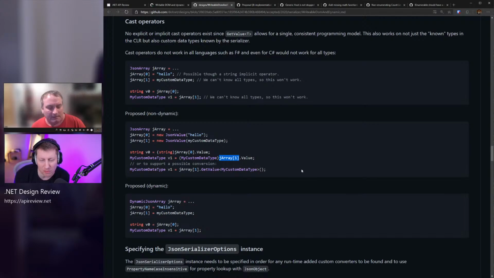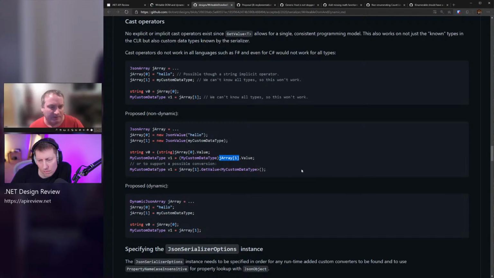Does that make sense? To me, the dynamic is just a glorified way to avoid the string-based indexers and casting, right? Well, it's trying to equalize the playing field for intrinsic types and custom data types in this design. Instead of hard coding only types that we know about, it's saying, we have this options class. It knows about all your custom data types. You might not even know if you have a custom converter. I mean, if you have a custom converter for time span, which is stored as a string, say in JSON,